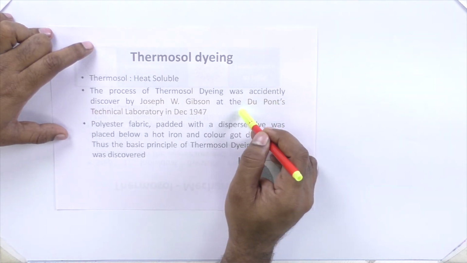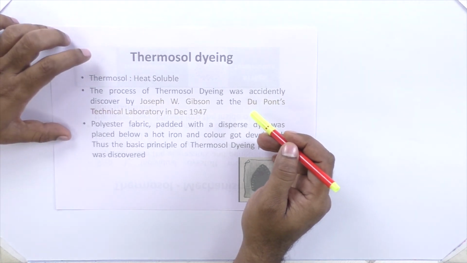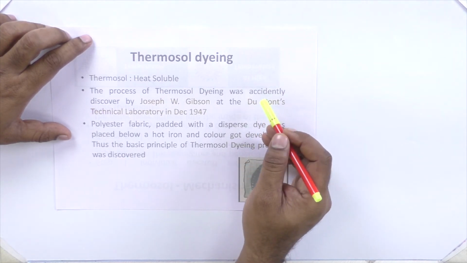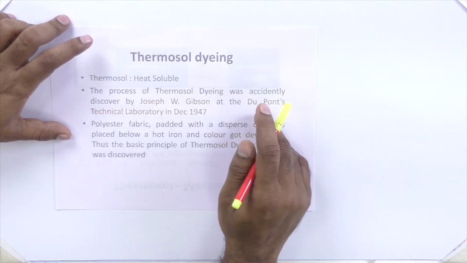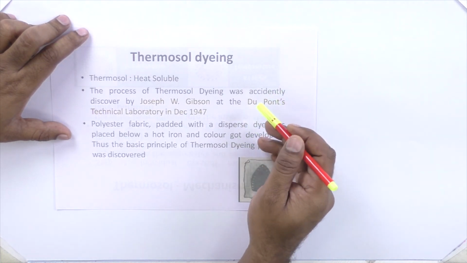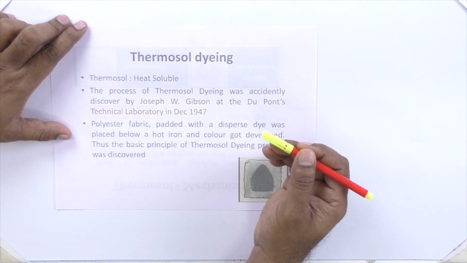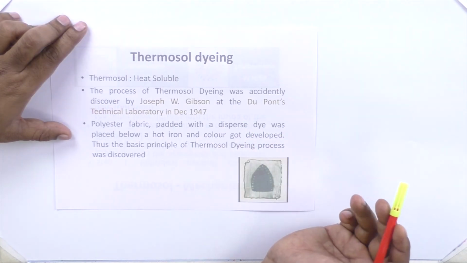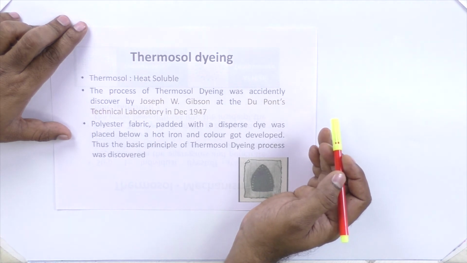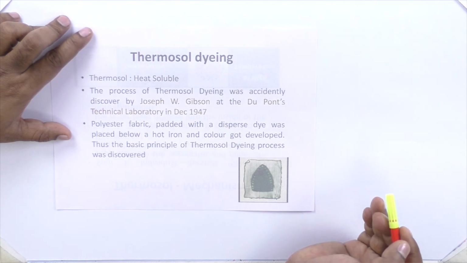For increasing the pore size, we have to swell the fibers. Normally there are two methods used to swell the polyester fibers. One is the thermo method, that means raise the temperature to swell the polyester fibers, or we can use some carrier chemicals to swell the polyester fibers. Normally phenolic compounds are used as carriers to swell the polyester fibers. By the use of carriers we can dye the polyester below 100 degrees Celsius, whereas if you are not using carriers we have to raise the temperature to 130 degrees Celsius to dye the polyester.